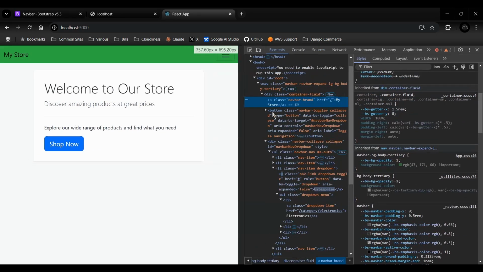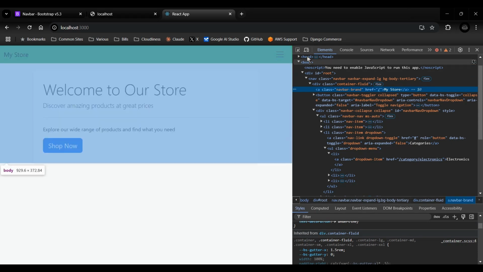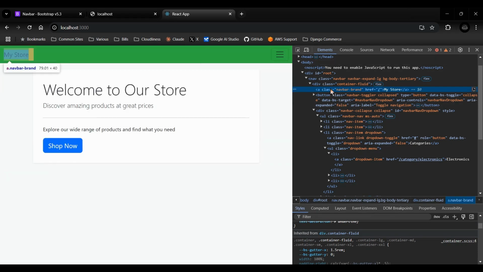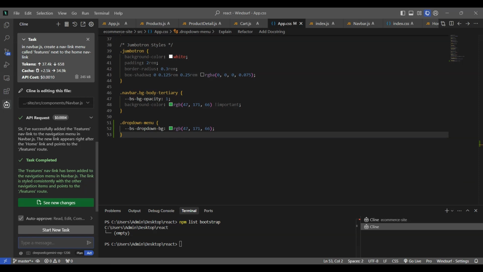Maybe it does. Here's the navbar brand. So let's see. Navbar brand, no. So usually there's something right here. So let me see. Let's just call it navbar brand. So you could just say